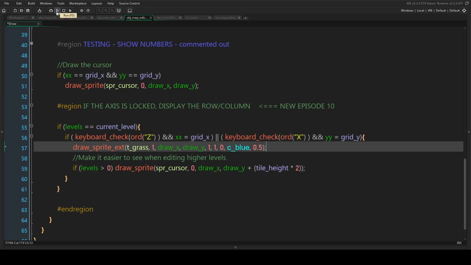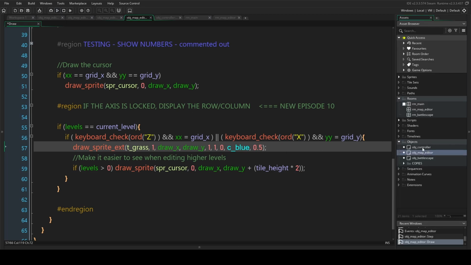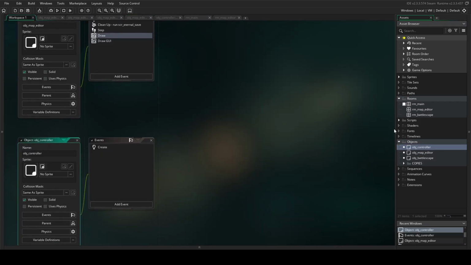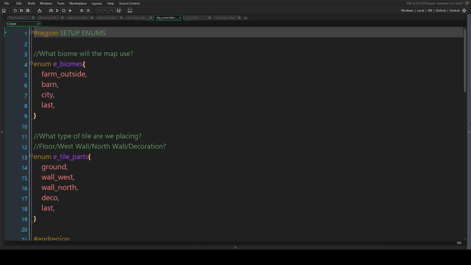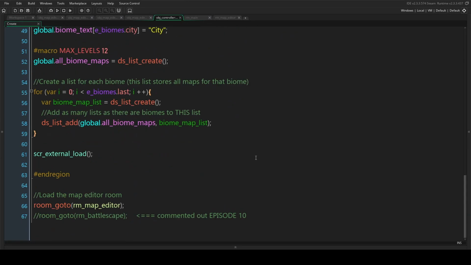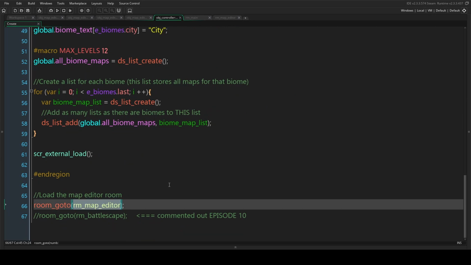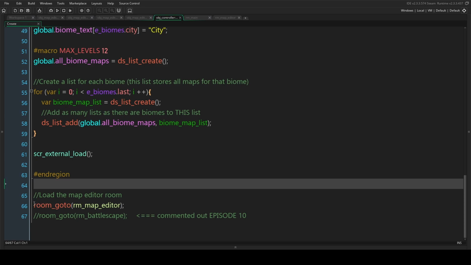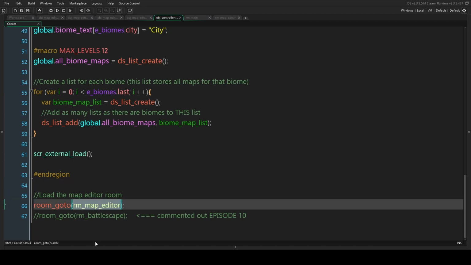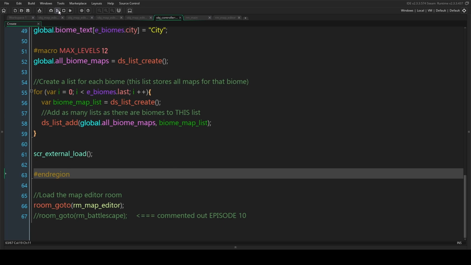So if I run the game now, oh, one more thing, sorry. I think it was last episode, in the create event of the controller, we commented out the line that takes us to the map editor. Well, we need to go back to the map editor to actually test this, so we're going to swap things around. So we want to be going to the map editor when the game starts. So let's run the game,